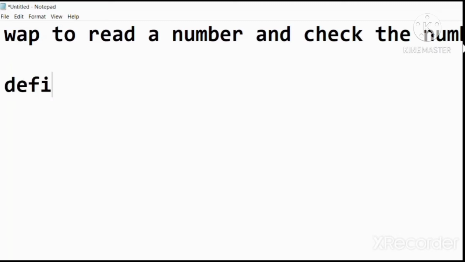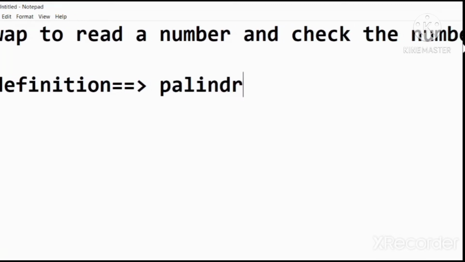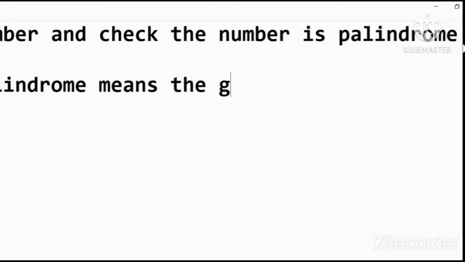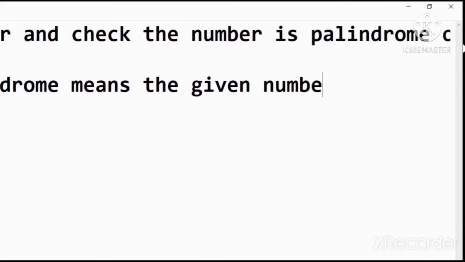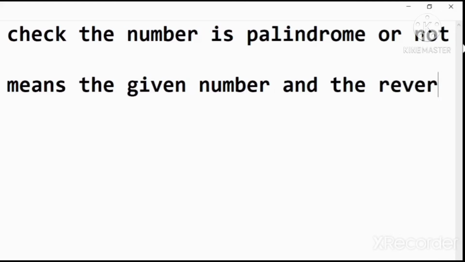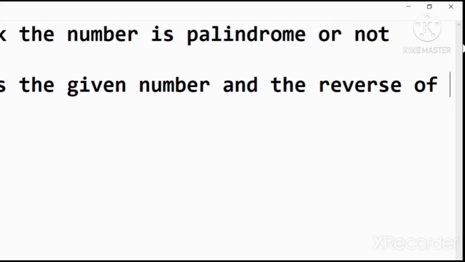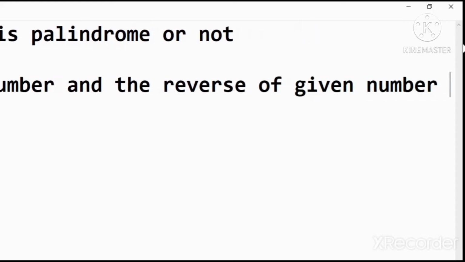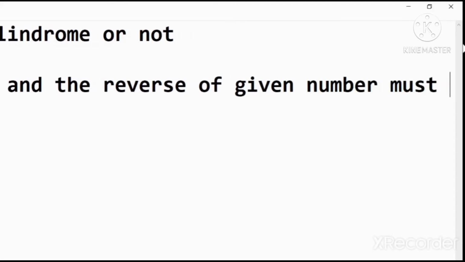Definition: palindrome means the given number and the reverse of the given number must be equal.